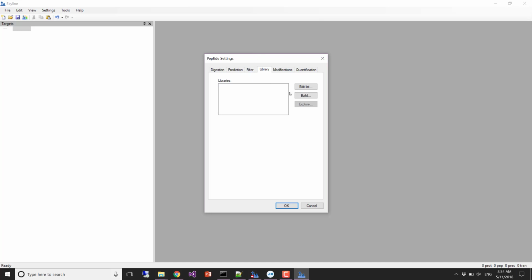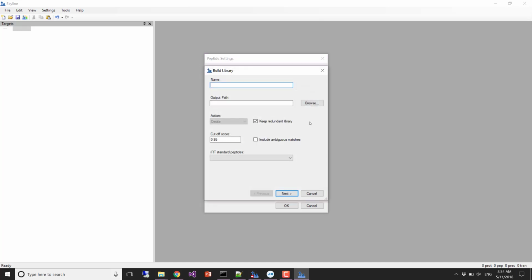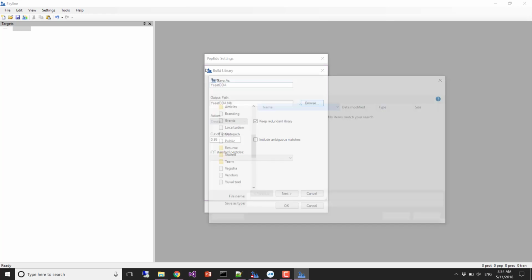We're going to click build to build the library, and we're going to call it yeast DDA. Skyline gives us a default name, but we need to tell it where to save this yeast DDA. So just click browse,